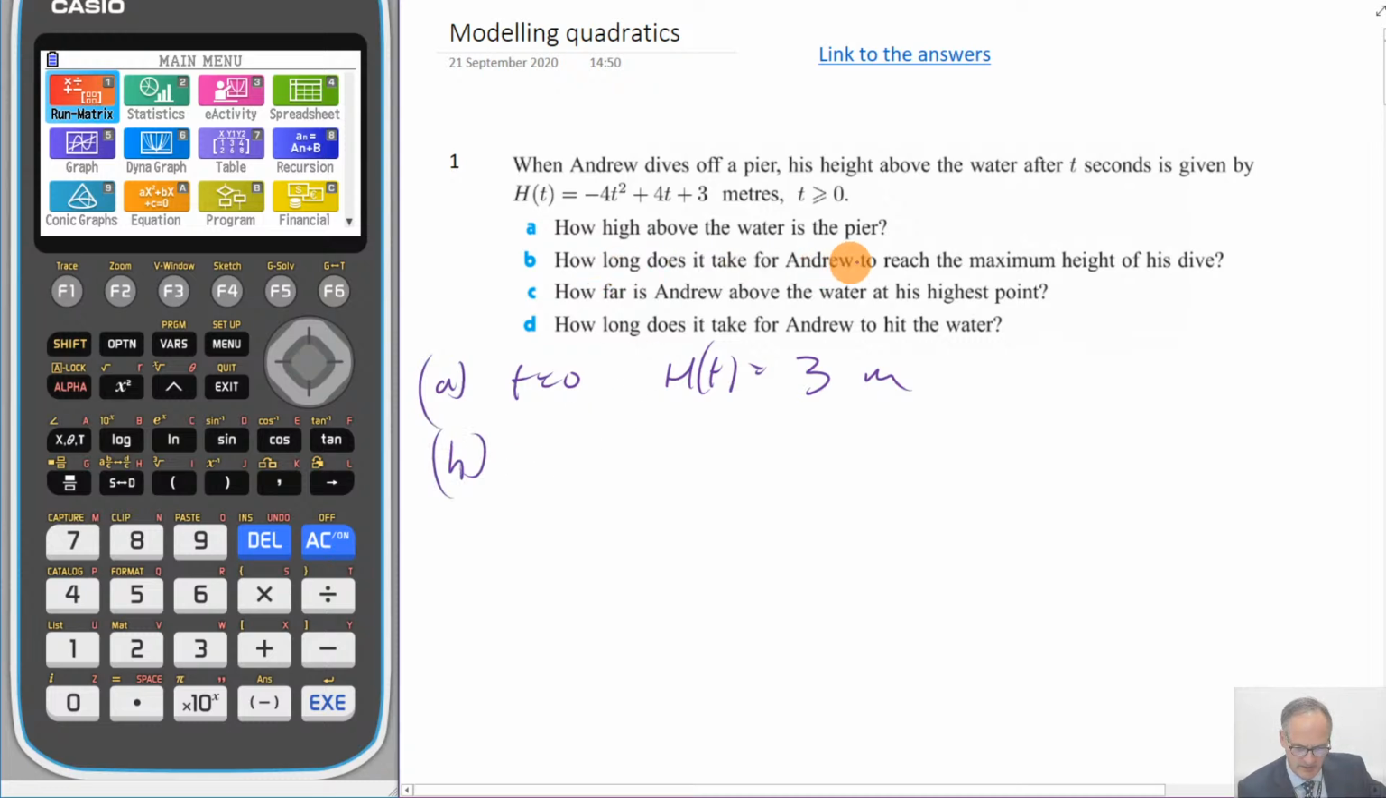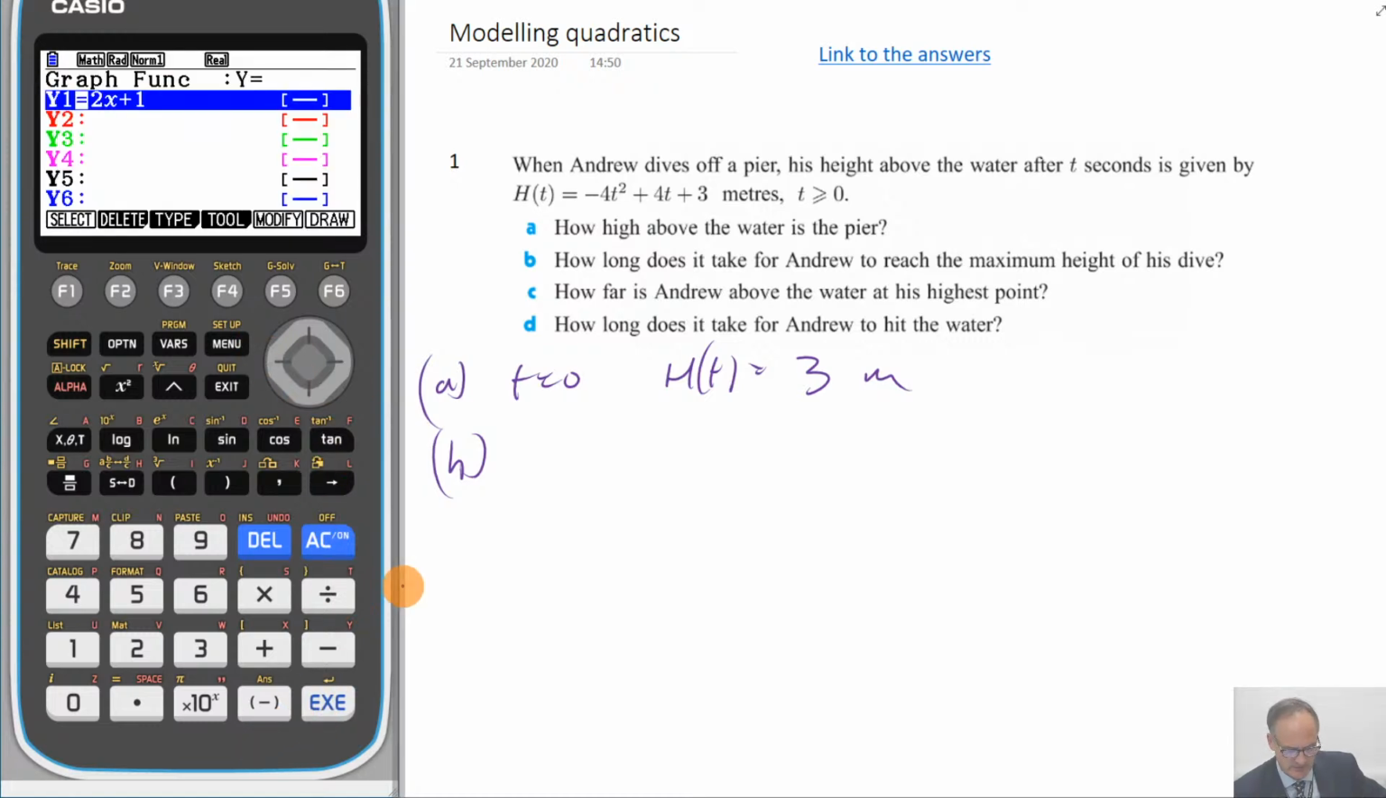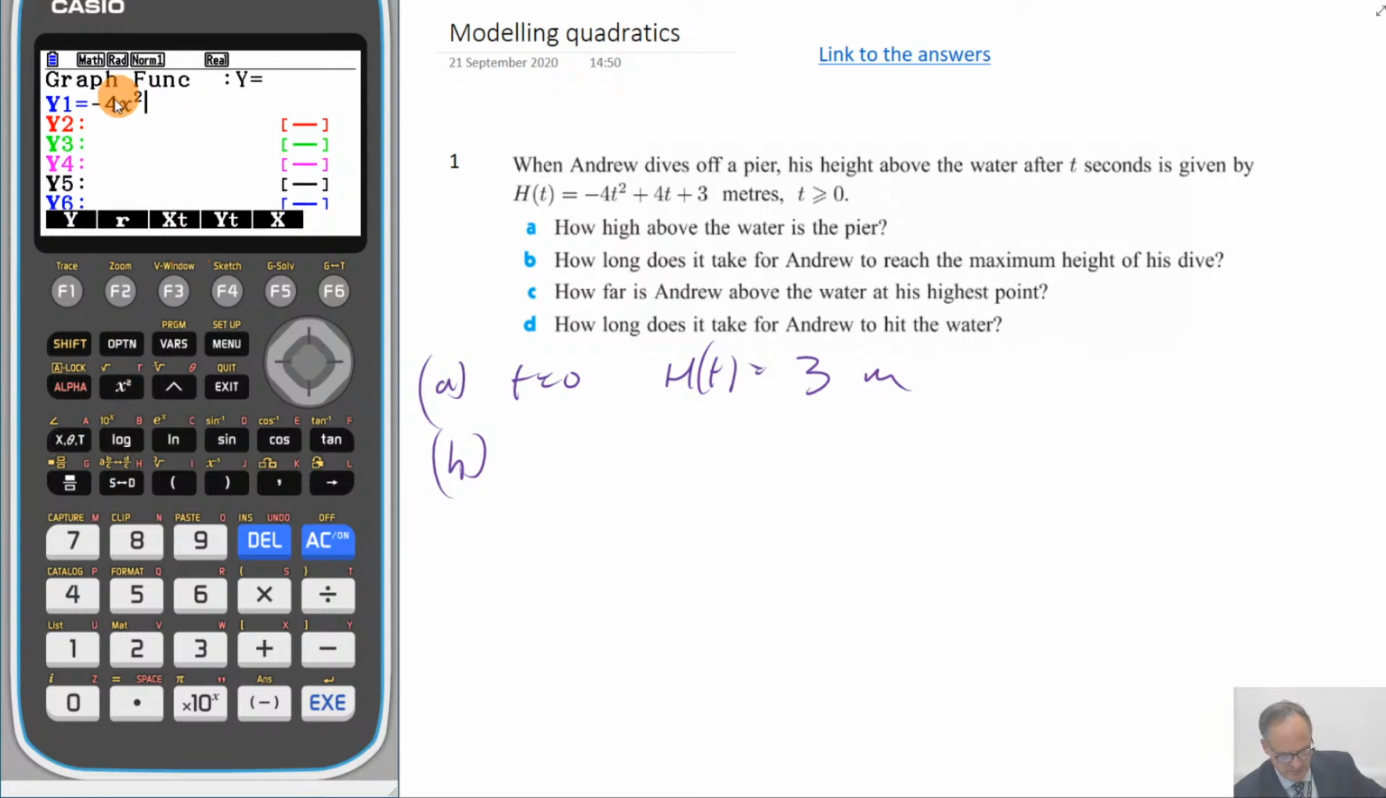Part B. How long does it take for Andrew to reach the maximum height of his dive? Now, what I suggest you do, as you've got your calculators, is you use that to help you do this question. So what we're going to do, we're going to type in this equation. So we're going to type in minus 4t. We're going to use x because the graphical calculator uses x where we've got t's. And just go in the right place. Plus 4